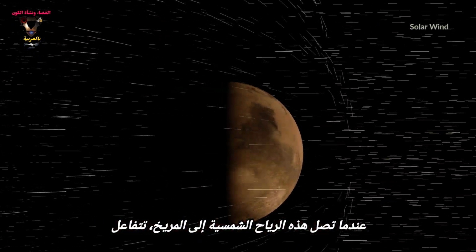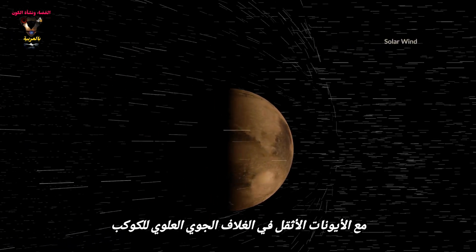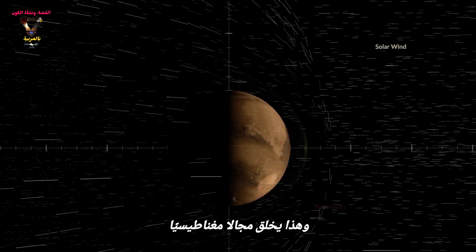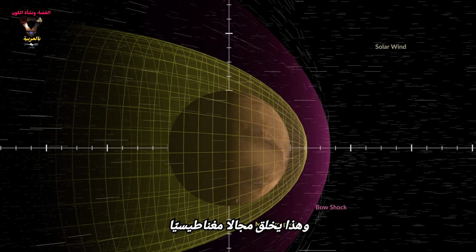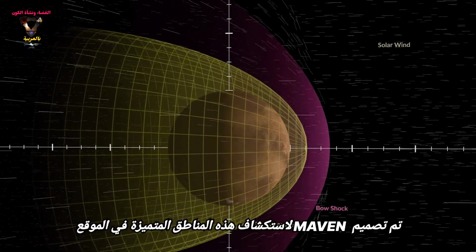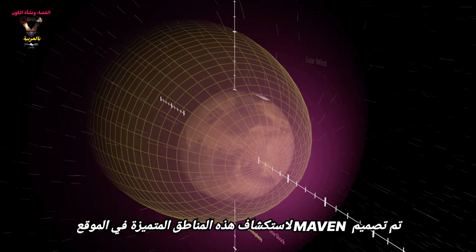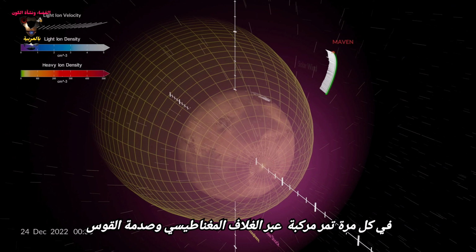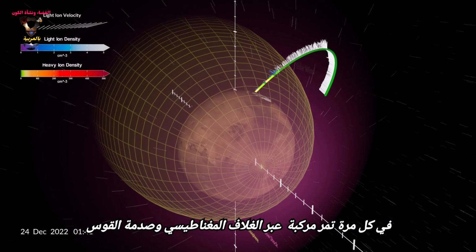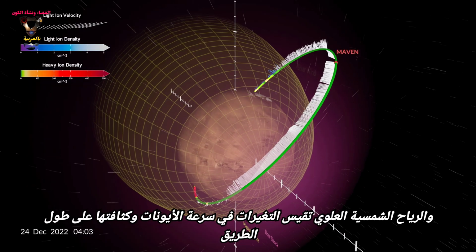When this solar wind reaches Mars, it interacts with heavier ions in the planet's upper atmosphere. This creates a global magnetic field, or magnetosphere, that deflects the solar wind around Mars in a bow shock. Maven's science orbit is designed to probe these distinct regions in situ. With each pass, it crosses through the magnetosphere, bow shock, and upstream solar wind, measuring changes in ion velocity and